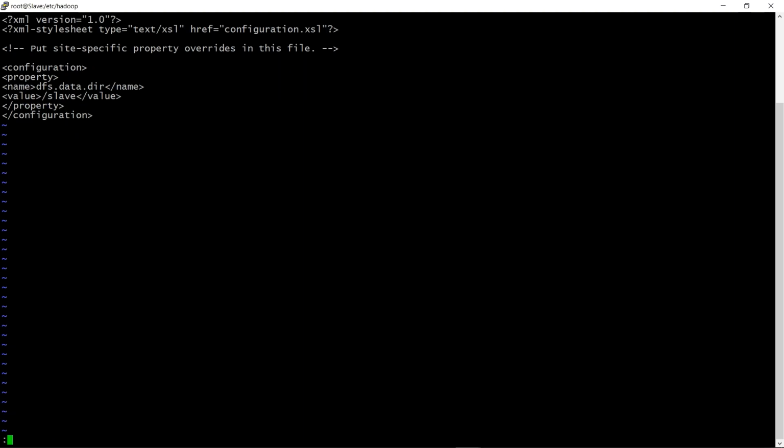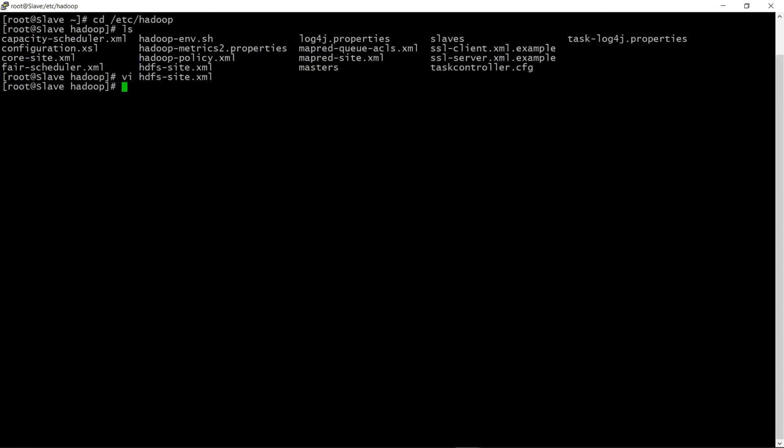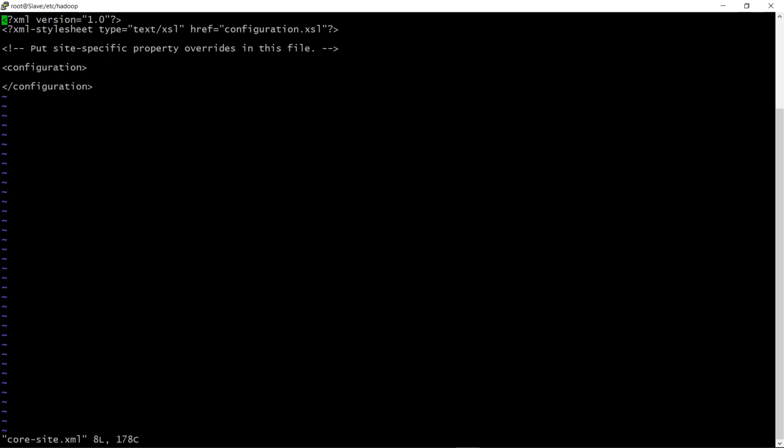Now I will save this file. Now I have to configure a core file. In the core file, there is an fs.default.name.